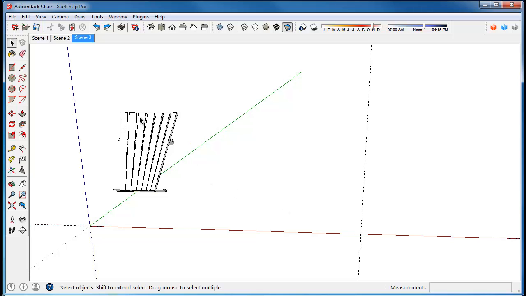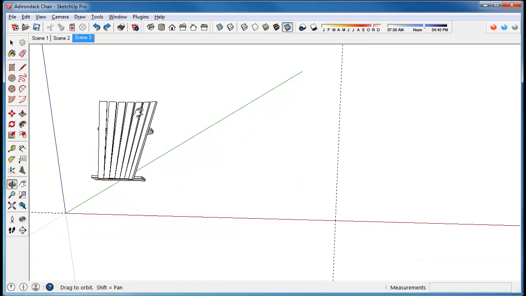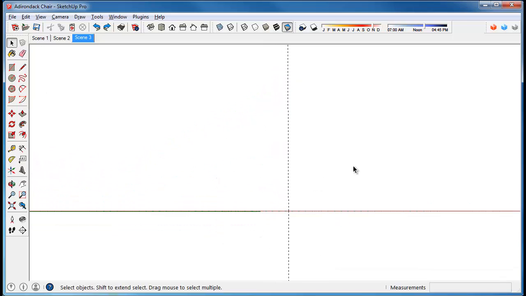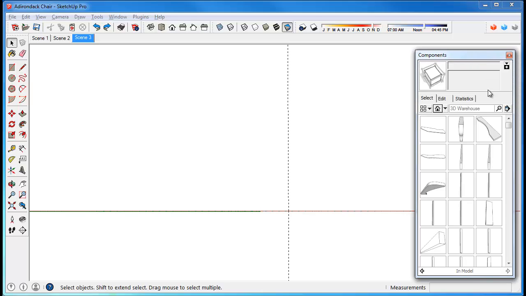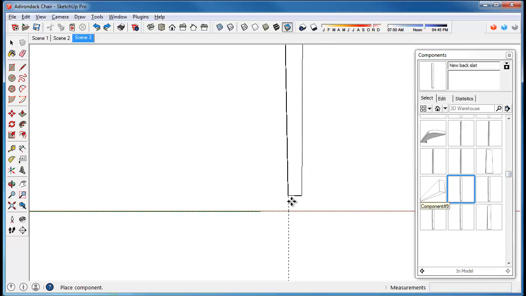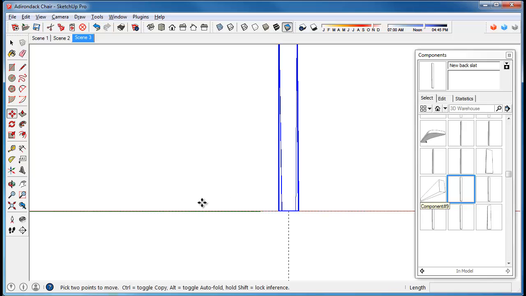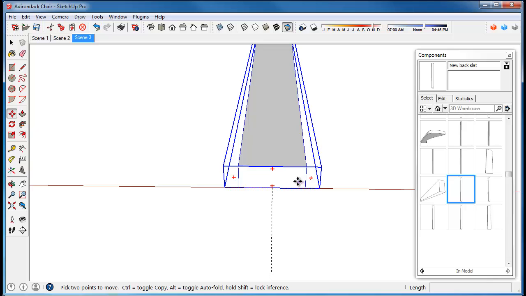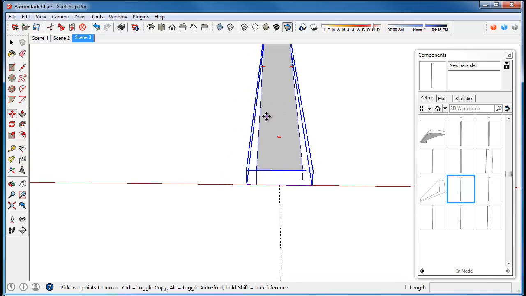Now let's put the arc on the top of our slats. And the way I'm going to do that is, again, I'm going to leverage something I can do with components here. Well, you can too. So I'm going to go to my in-model components library, and I'm going to find that new back slat. So this was the original new back slat that I made. And I just dropped it in here on this, at this intersection. It didn't really matter if we had an intersection there or not, but